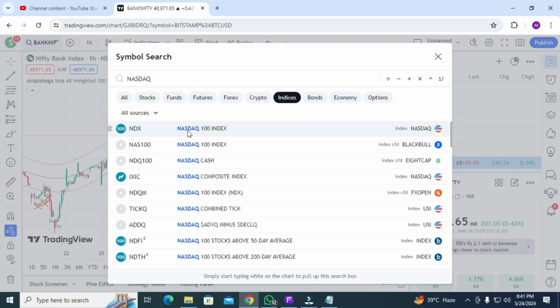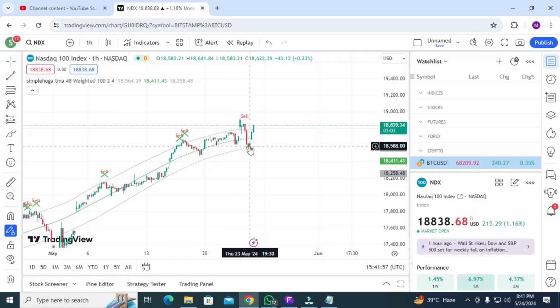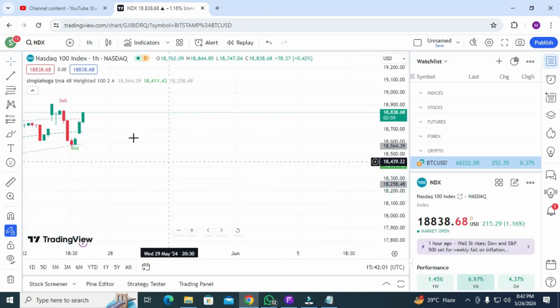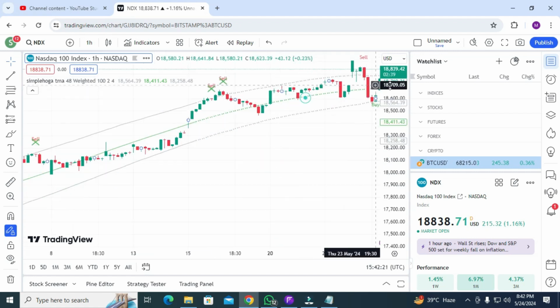Nasdaq 100, that's okay. You got the buy signal here and a good, awesome result. This is your most recent buy trade, and you can see you got awesome results here. When you got the signal, it was 18,588, and the market is now 18,840. You can say it's about 250 dollars of movement, which is actually a very good one. It's not a bad one.